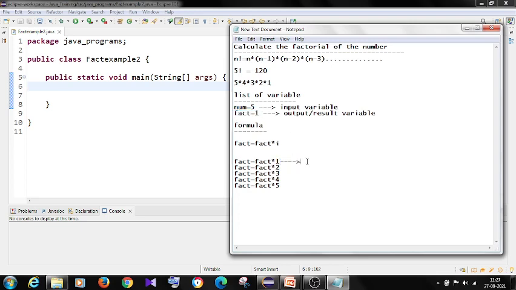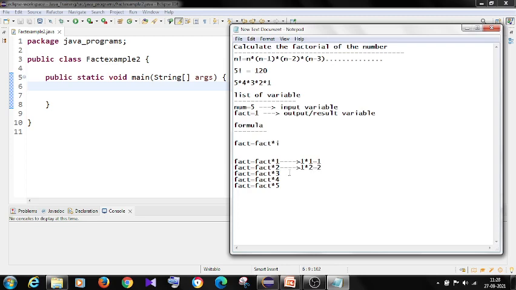I told you that the initial value of fact I'm keeping as 1. What happens if I multiply 0 into 1? It will be 0. 0 into 2, it will be 0. So I have to initialize fact with 1. Now 1 into 1 will be 1. Now the fact value is 1, but I am multiplying with 2, the value will be 2.